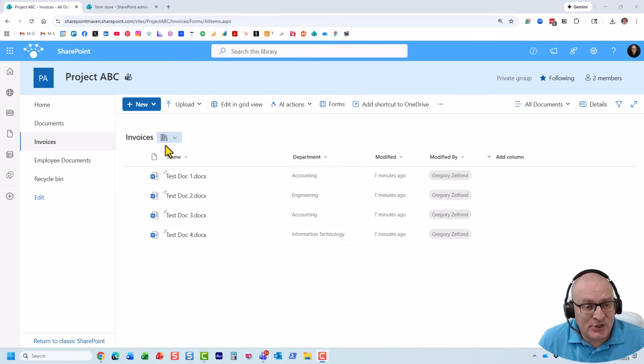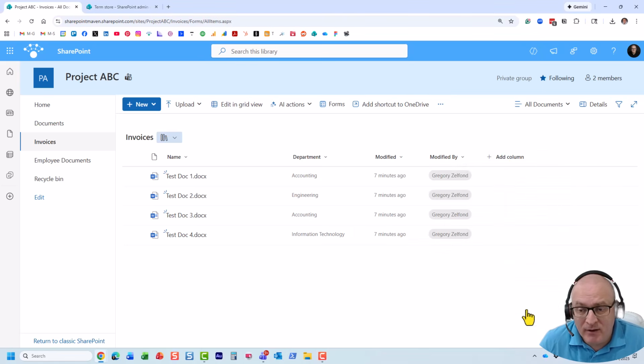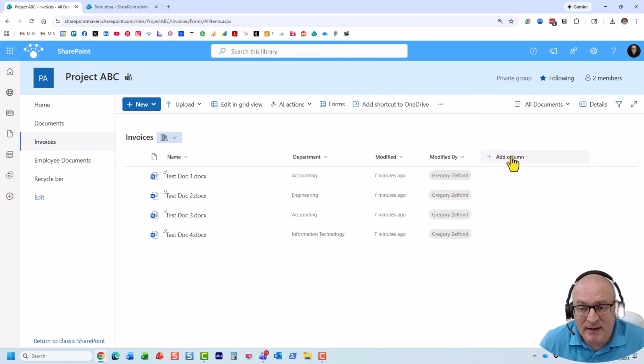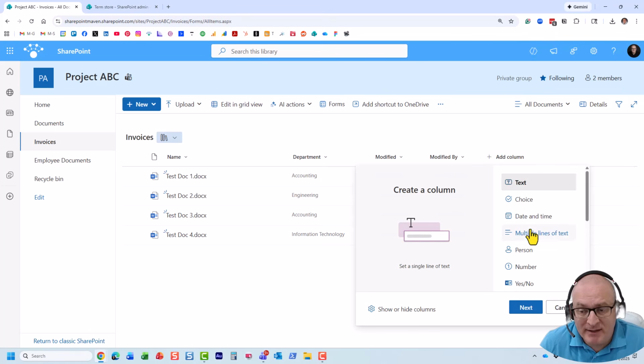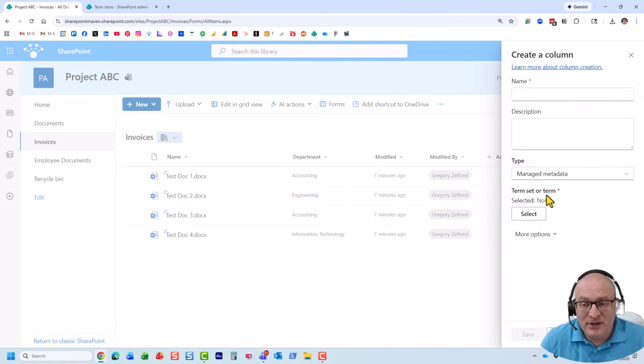I have this library of invoices, and I happen to have one column, one tag I created for department names. Now, I did not create this column using the choice column that you're probably familiar with. I actually created it using the managed metadata column. And the difference here is that this is metadata defined within the term store. So I have already done that. Let me just show you